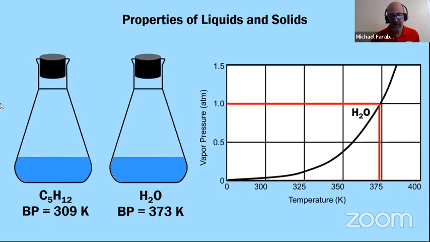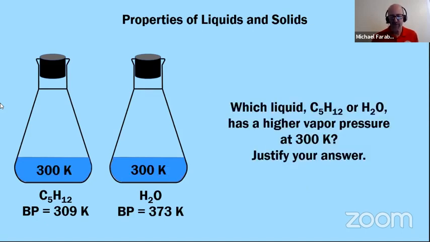I have not drawn the curve for C5H12, which is called pentane, but I want to go ahead and ask you a conceptual question about vapor pressure. If you are given the boiling point of each liquid, which liquid has a higher vapor pressure? So based on the difference in boiling point, take a moment to think about which liquid should have a higher